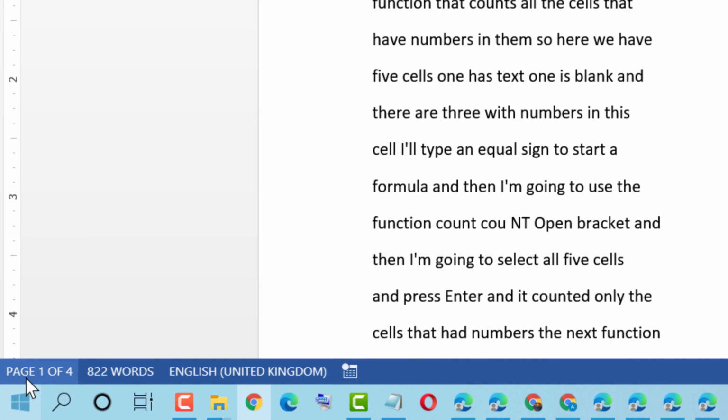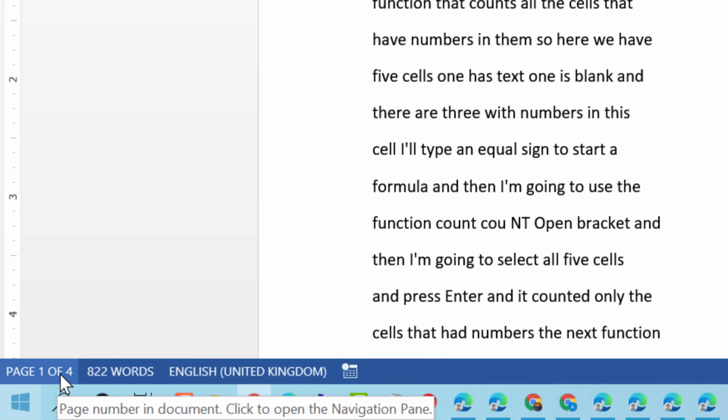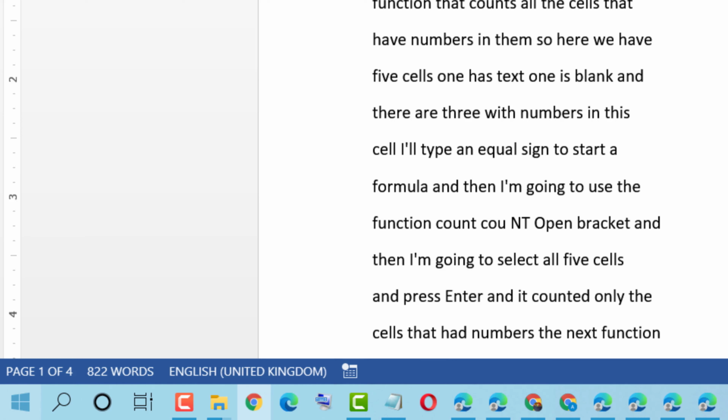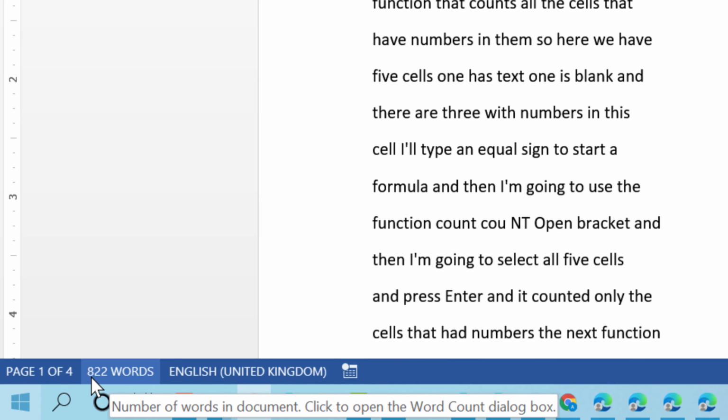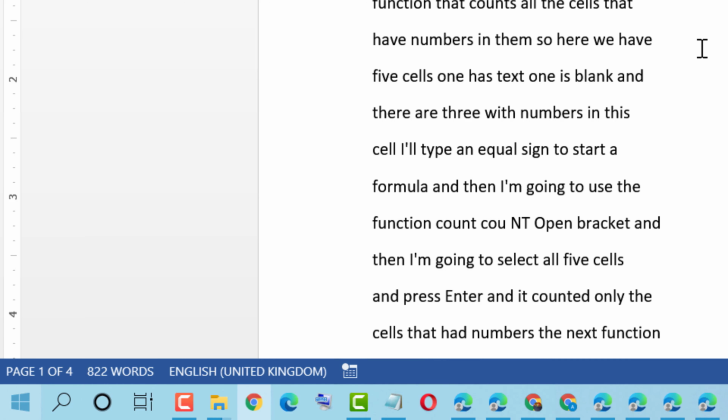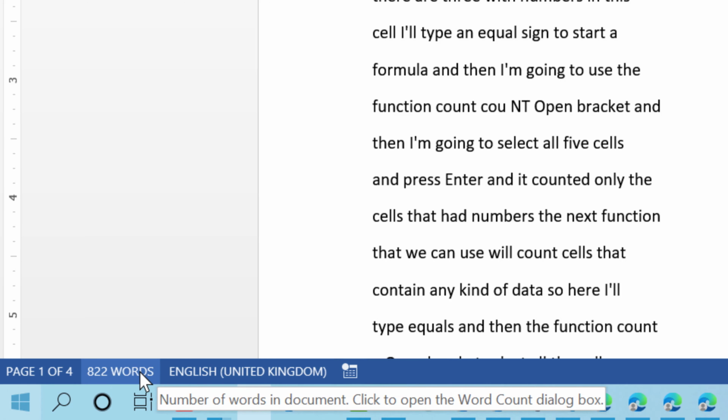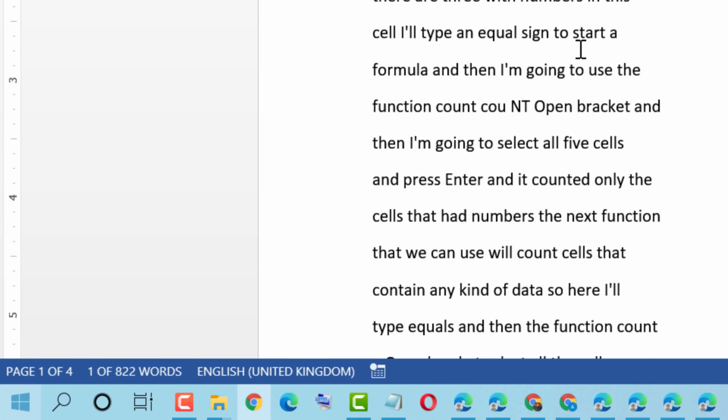As we can see, there are 4 pages. This page is the first of 4 and there are a total of 822 words. So here we can see the total number of words in this MS Word document,